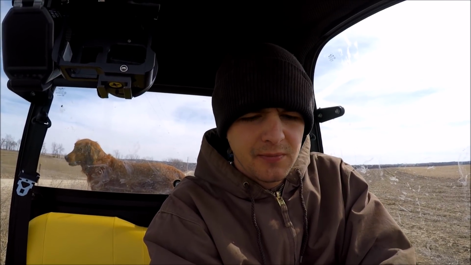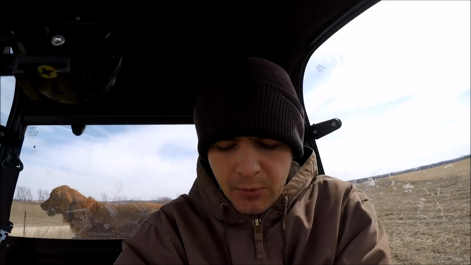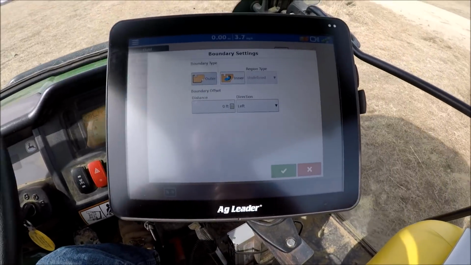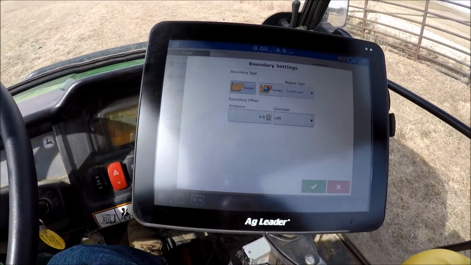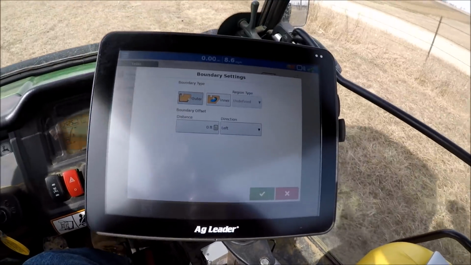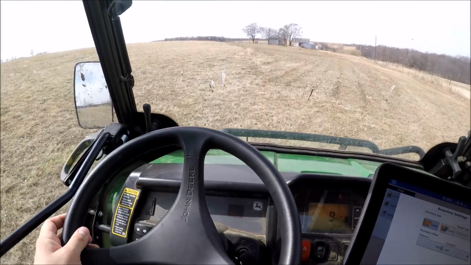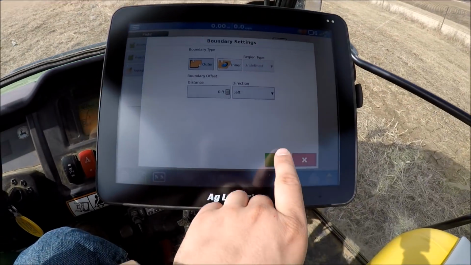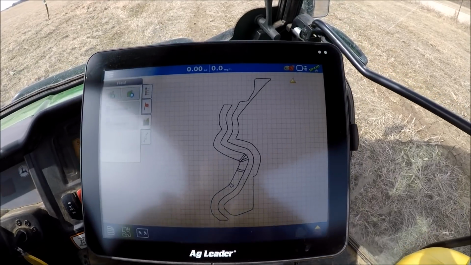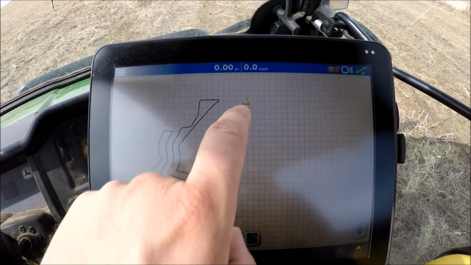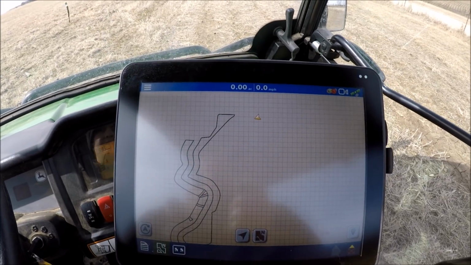So I'm gonna move up to the edge of the field, because in this screen right now, as soon as I hit that green check mark, it's gonna start drawing a boundary for me. So I'm just gonna pull up on the edge of the field. I'm gonna hit OK. Now if you watch, you can see the arrow. That is going to start